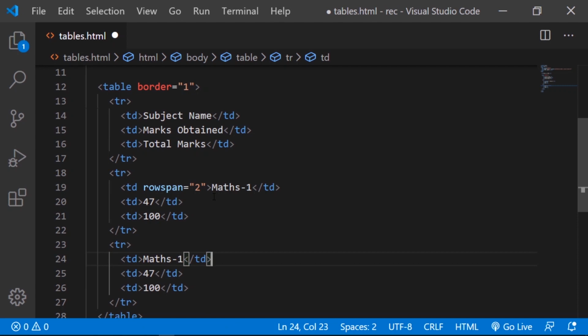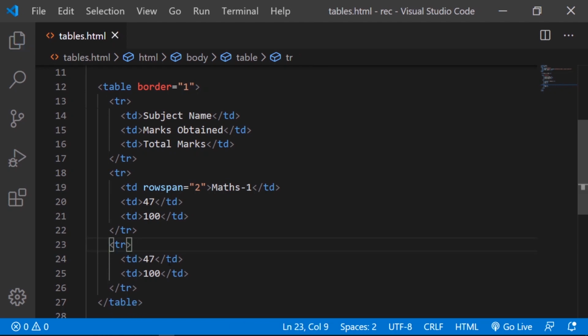Also, when we are mentioning row span to be 2, we do not want this maths one to, let's say, just collide with this one, right? So we need to remove this one. So I'll just go ahead and cut this one.